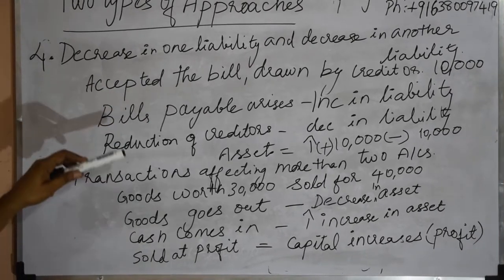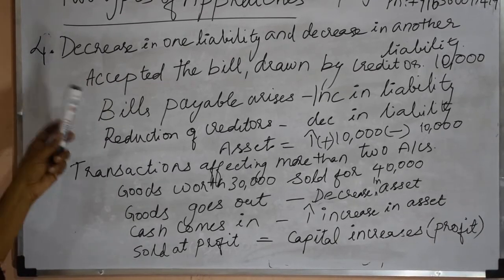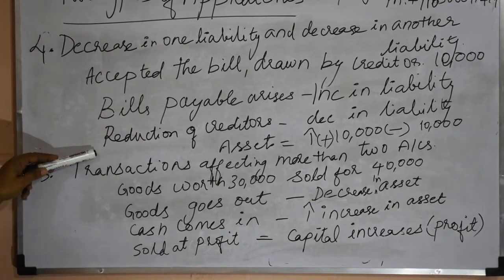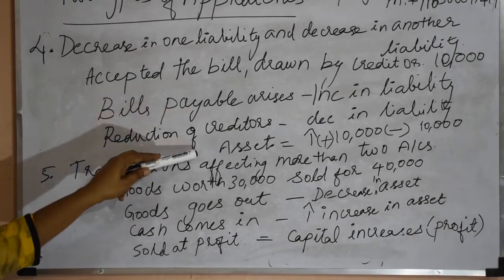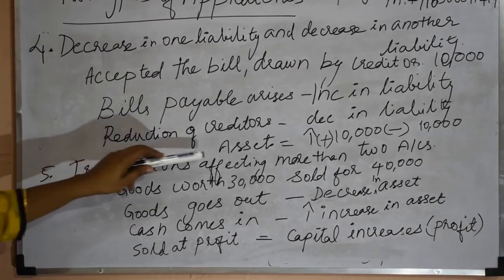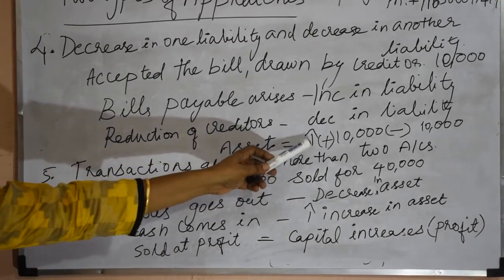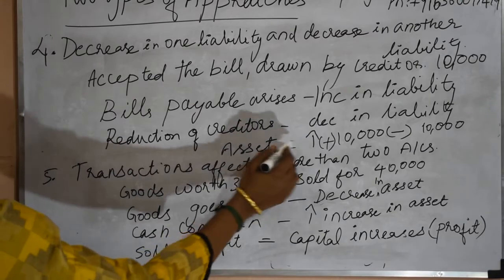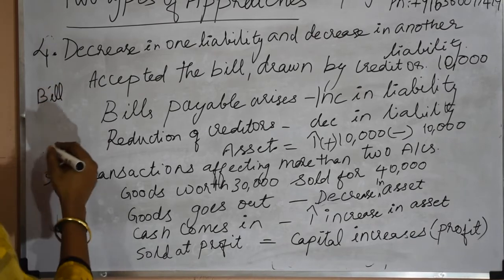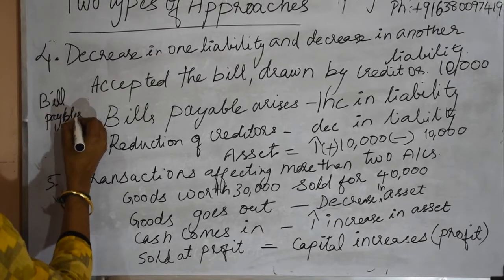Here bills payable arises. Increase in the liability means, bills payable arises, so our liability increases. That is, we have to pay the amount to the creditor. Here reduction of creditors means when we are paying the amount to him, the liability automatically decreases. So here assets equal to liability. Liability means bills payable. I will write here, assets equal to bills payable. So bills payable increases,